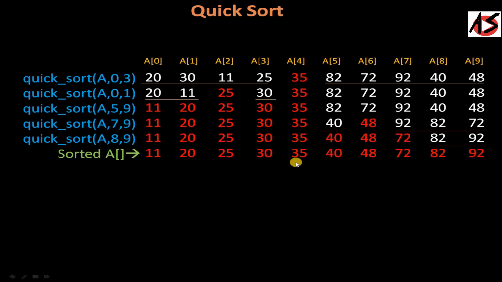So this is the quicker way of sorting the elements, with time complexity on average case n log n. So in many programming language libraries, we are using quicksort rather than other algorithms that work in n square, like bubble sort and selection sort. So this is all about quicksort.